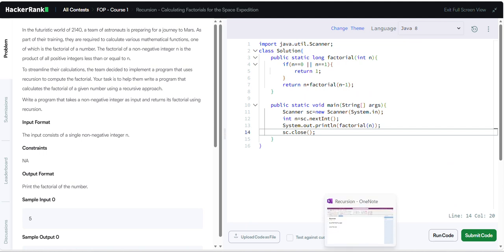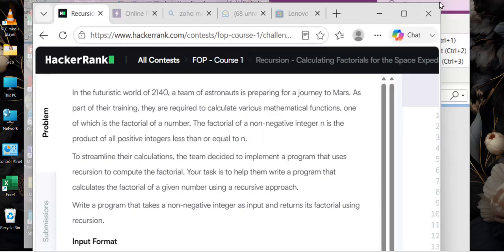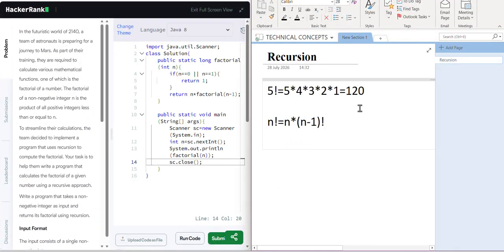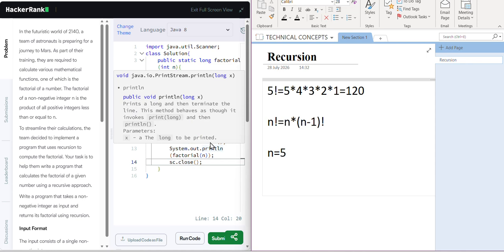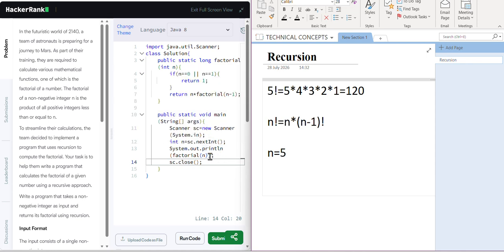And I will explain how it will run. See, first it will execute from the main method, right? In main it will take one input. If the user gives the input as 5, then it will call the method factorial of n. This method will be getting called.